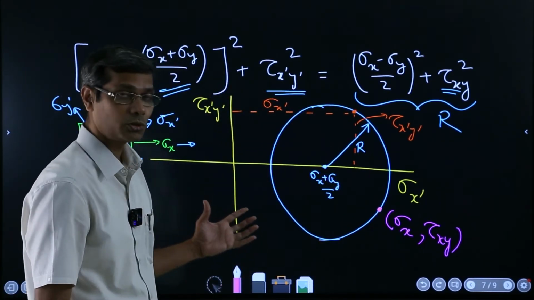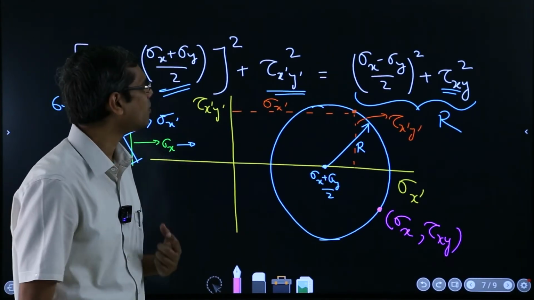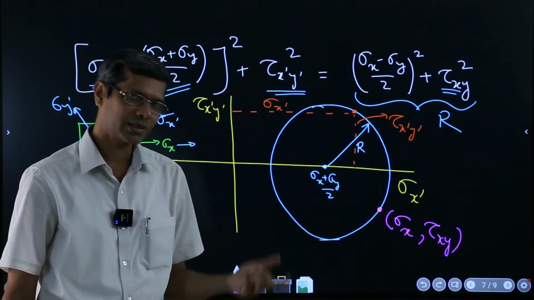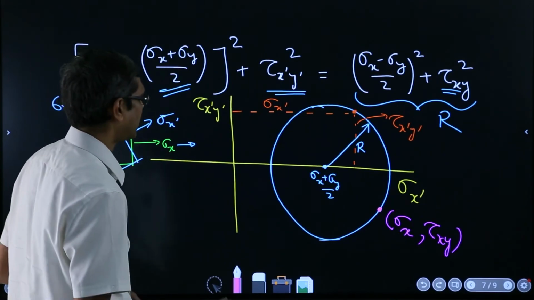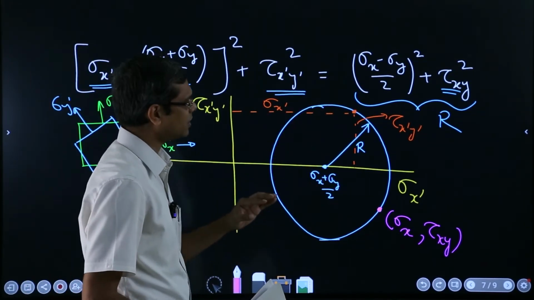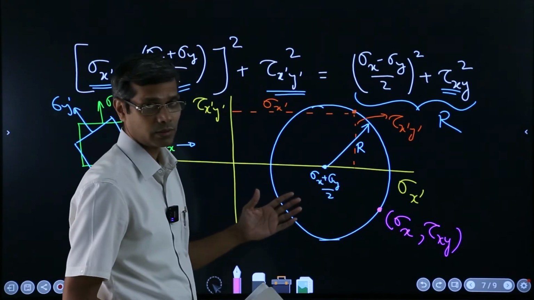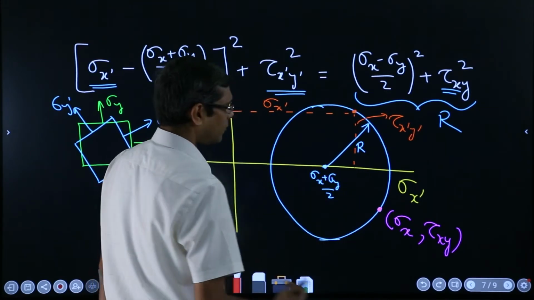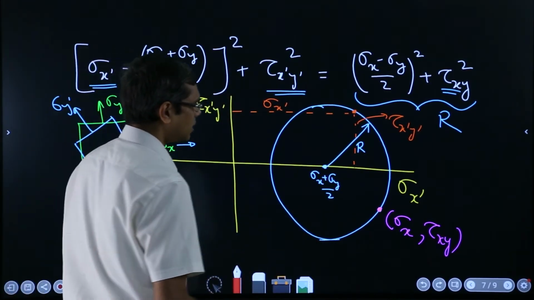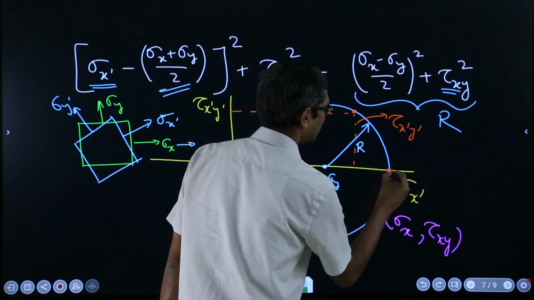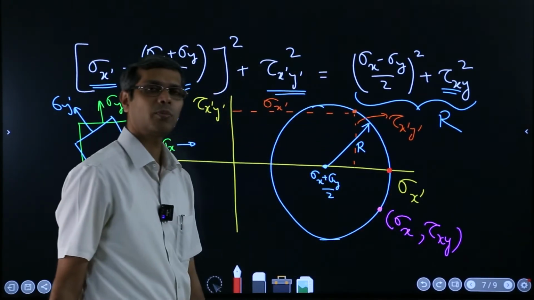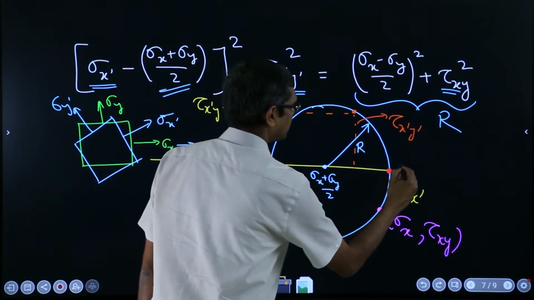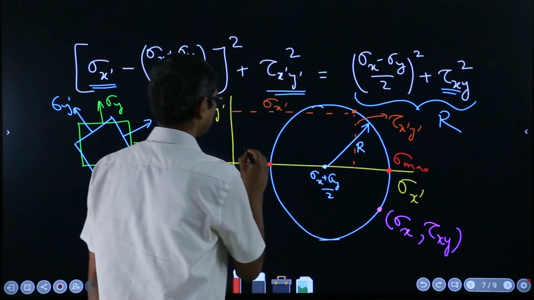So then we came here to see two important things, that is, what is the maximum value of normal stress which is happening, and what is the minimum value of normal stress happening, and what is the maximum value of shearing stress happening. Now, from this picture, it's very easy to see what is occurring. For example, if I tell you to find out what is the maximum normal stress that is happening under this condition, obviously this is the maximum normal stress that can occur, and similarly this is the minimum. So I will say this is sigma max, this is sigma min,